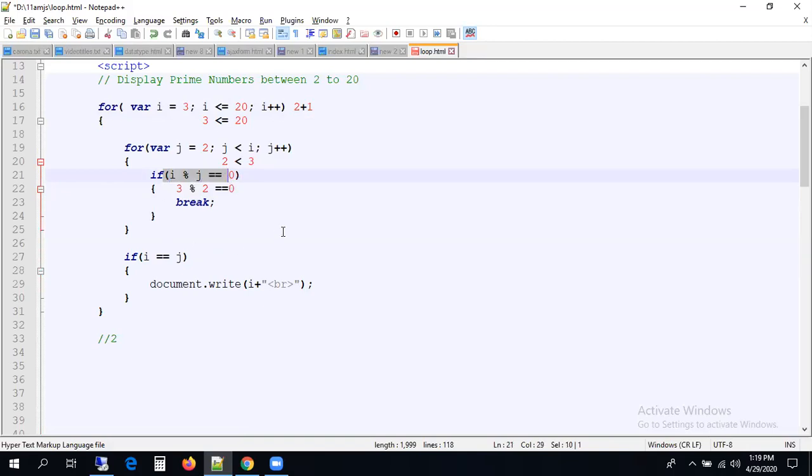If the condition is false here, again it will go here. Now this value is going to be incremented, 2 plus 1. What is the j value? 2. 2 plus 1 means it will be 3 now. Can you see now? It is 3. Now 3 less than 3. Can you say 3 less than 3? Is the condition true or false? The condition is false. If the condition is false, this won't check now. It will come here now.